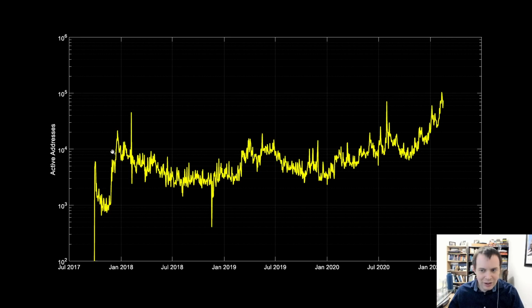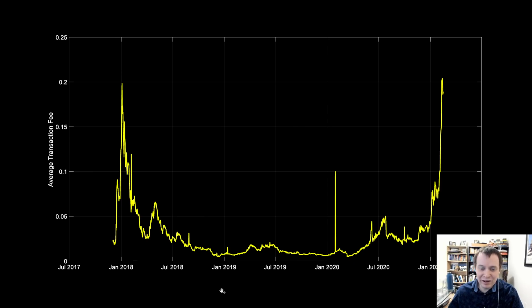What you notice, though, is that the number of active addresses peaked before the price. We know that price peaked over here, but the number of active addresses peaked earlier on in December. So that is something that is interesting, and maybe we could use this to our advantage this time as well. If we see a definitive peak in the number of active addresses followed by a surge in the price without active addresses putting in new highs, then maybe that would be some indication that, okay, things need to cool off for a while.